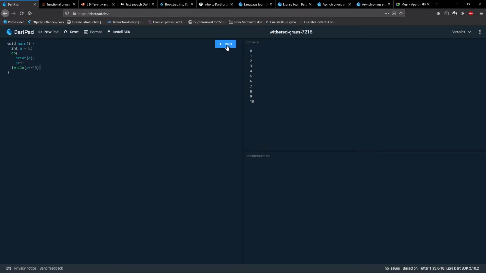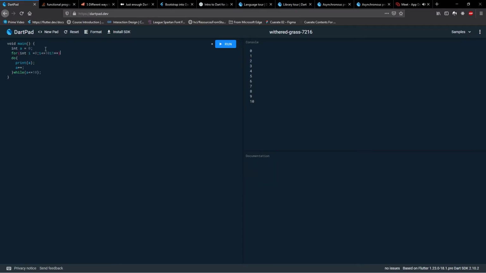Now when I hit run, it is going to print the same thing. So what is happening over here? I am going to execute this exactly once, unlike in the previous loops, right? Let me show you, in for int I is equal to 0, I is less than or equal to 10, I plus plus.